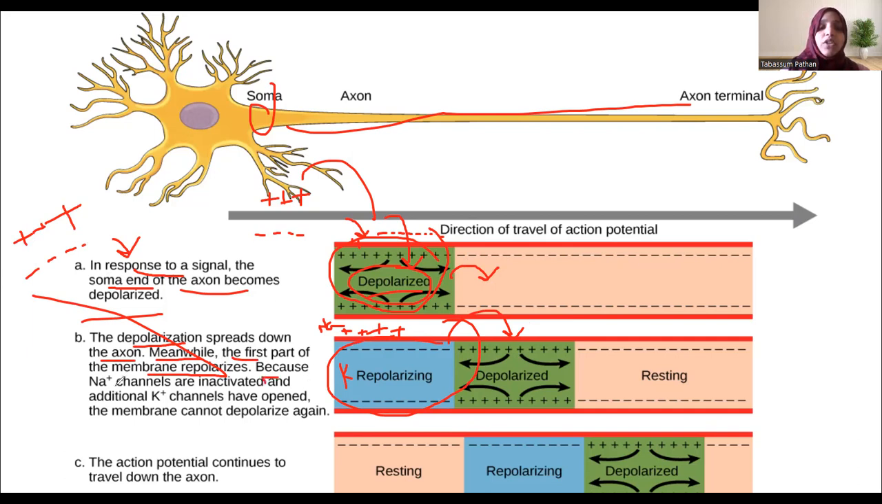Because now the sodium ion channels are inactivated. So here the sodium channels will close and potassium channels will open, so that there is a balance of positive on the more positive outside and more negative inside. So this will cause the repolarization of the previous side, and further the further part of the axon will depolarize. Here it is resting, then again